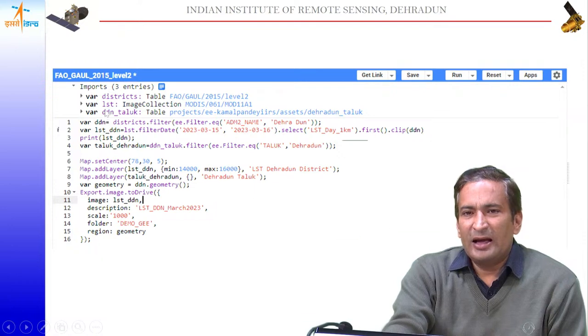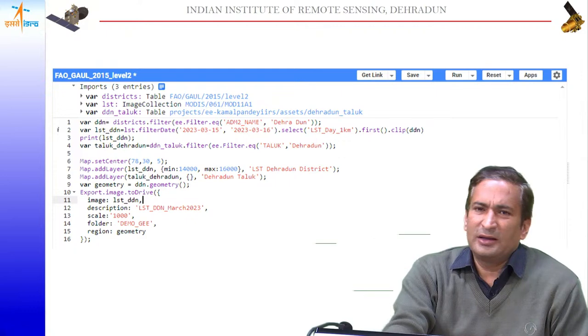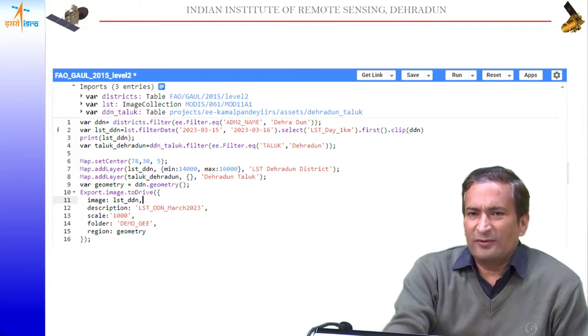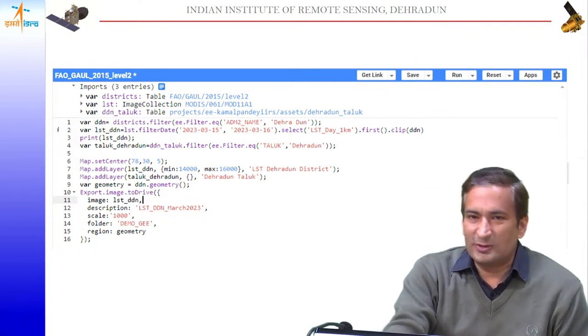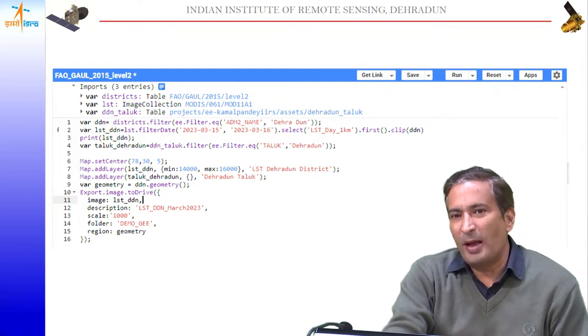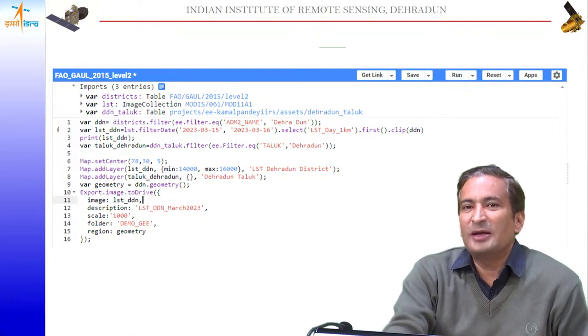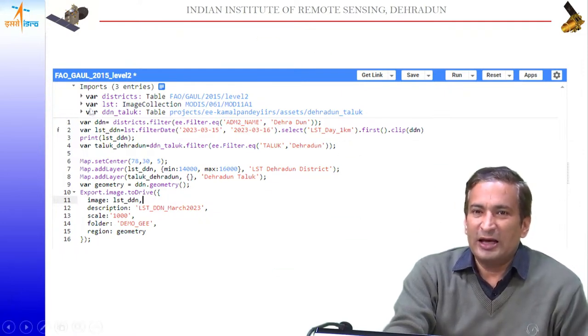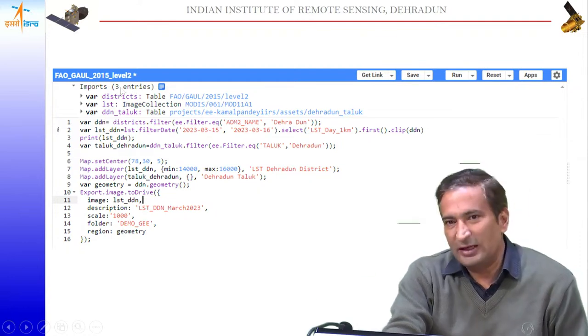Second, I am trying to use one data set called land surface temperature. Let us say, as an example, I am working on land surface temperature. It is possible that land surface temperature is not the only use case for me. Let us say I have an elevation map and I have generated a slope map from it, and that slope map I now want to download from Earth Engine. So it can be anything. For this particular case study, I have taken land surface temperature. So we will try to download that land surface temperature for a specified district. Let us say Dehradun district, which I am currently studying.